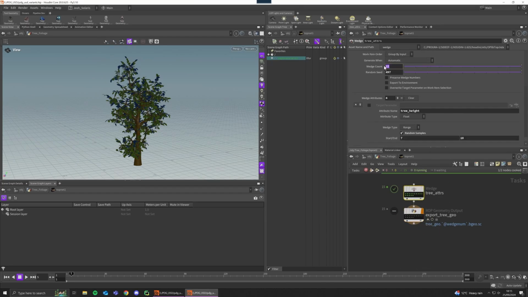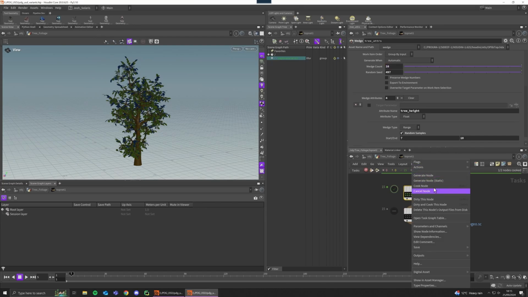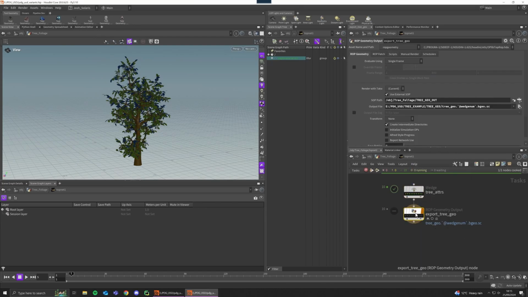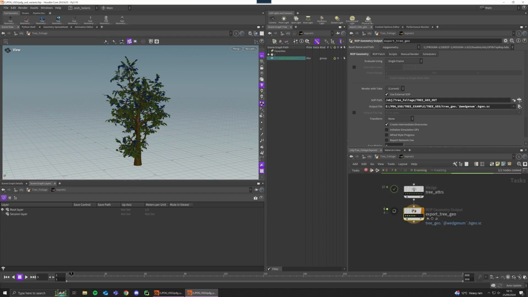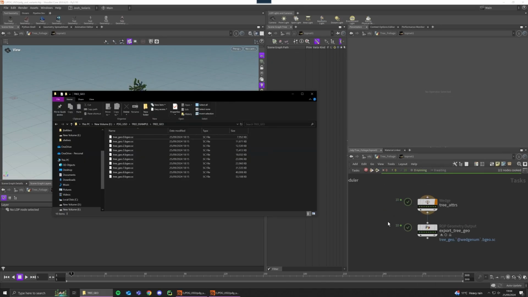So I'm just going to set this back to 10. Let's just cook that real quick, and then that's going to do the same here, and then we can cook this out, and then that's going to write our geometry to disk. So I'll do that now, and then I'll come back when all of those are written. Cool, so now we've got all of those different geometry variations written out to disk, so we can move on